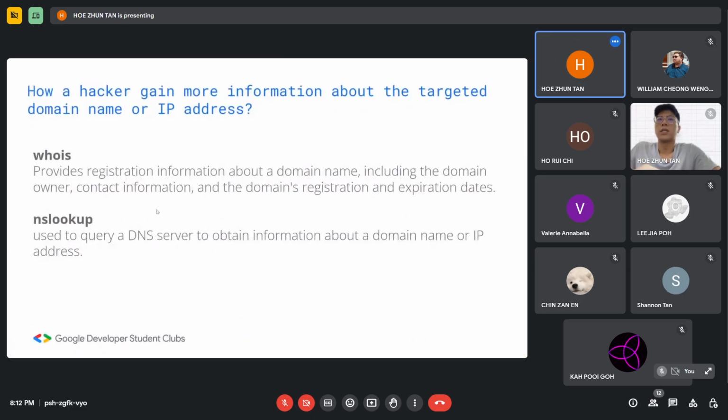So next, I will be discussing how a hacker can gather more information about a target domain name or IP address. To accomplish this, I will be introducing two powerful commands, whois and nslookup. These commands are often used by a hacker during their reconnaissance process to gather information about a target domain